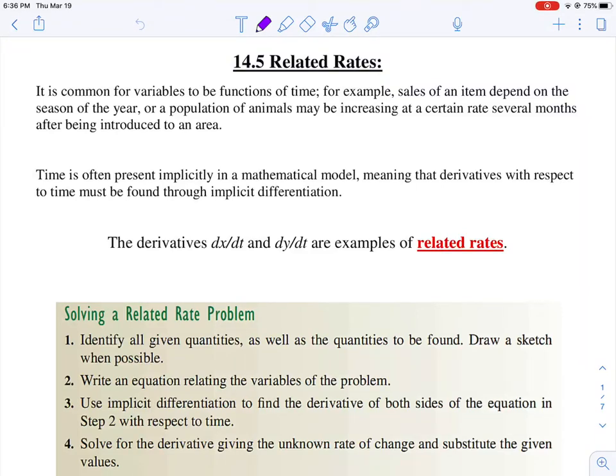Okay, our last section is 14.5. We're going to do your favorite word problems, but we're going to do what's called related rates. It's kind of using the idea of implicit differentiation that we talked about in the last section, but with more application problems. So when we did implicit differentiation in 14.4, we talked about how y was changing with respect to